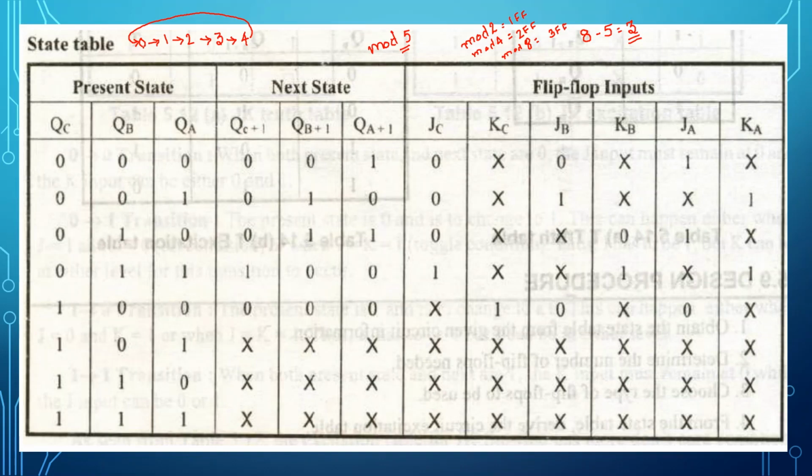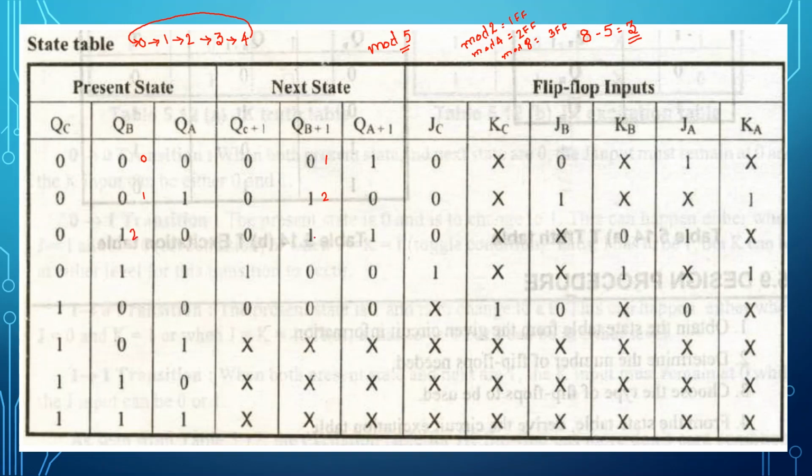So 0. What is the next count that has to happen? 1. So 0, 0, 0 is written here. What's the next count that has to go on? 0, 0, 1. From 0, 0, 1, it is 2. So 0, 0, 1 is written here. After that, it is 2. 2 is written here. So this is your 0, this is your 1, and this is your 2.